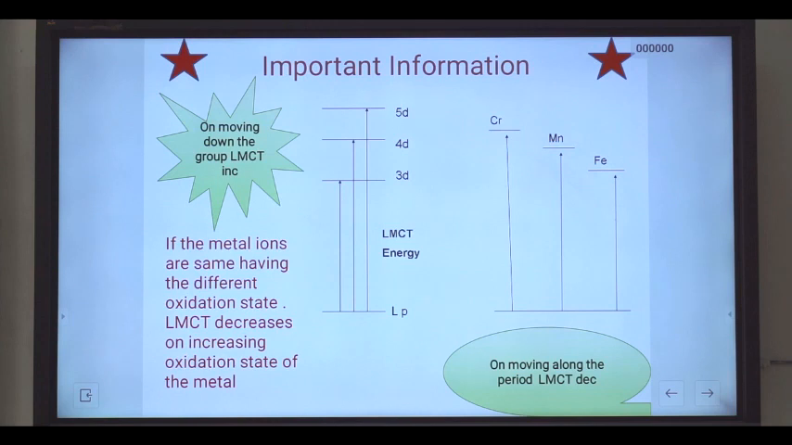So the next important point is, if the metal ions are the same, if they ask a question in which the metal ion is the same but has a different oxidation state, then LMCT decreases on increasing the oxidation state of the metal. Again, this is a very important point: if they ask a question in which they consider two metal ions, but the metal ions are the same, having different oxidation states, as I said earlier, chromium 3 and chromium 6,